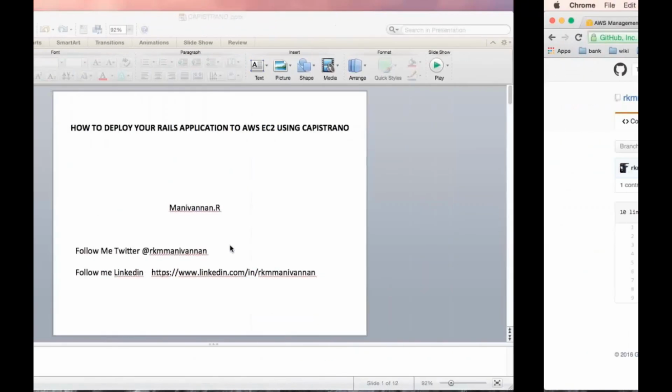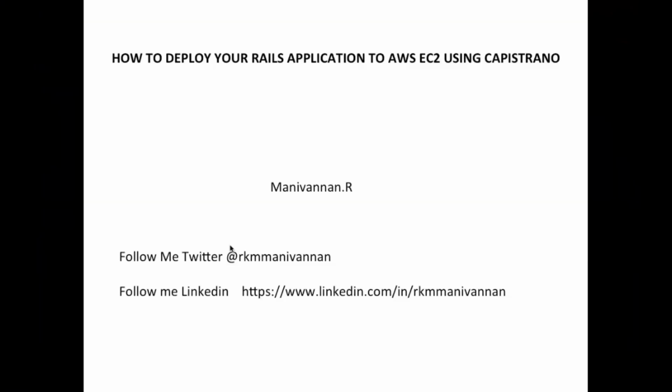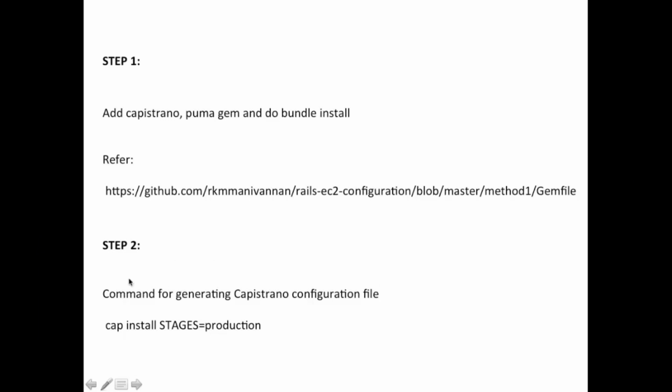So the first step is done: add the Capistrano and Bundler gems and run bundle install.